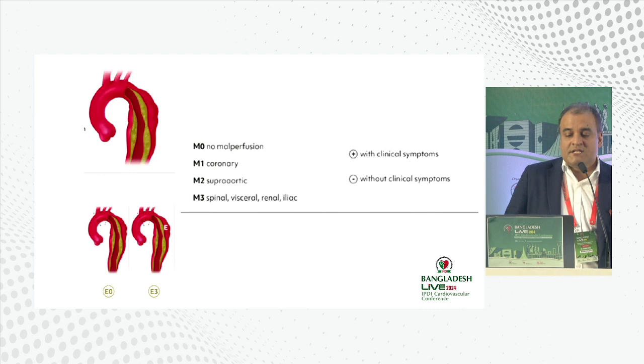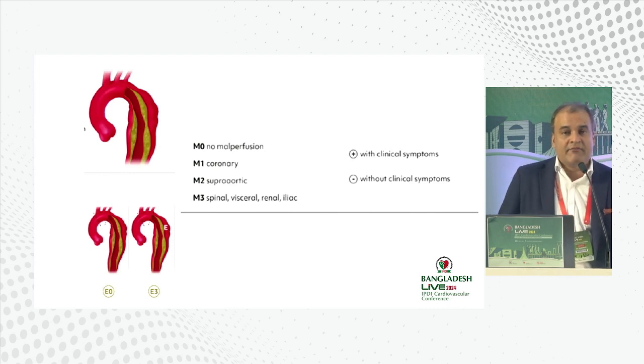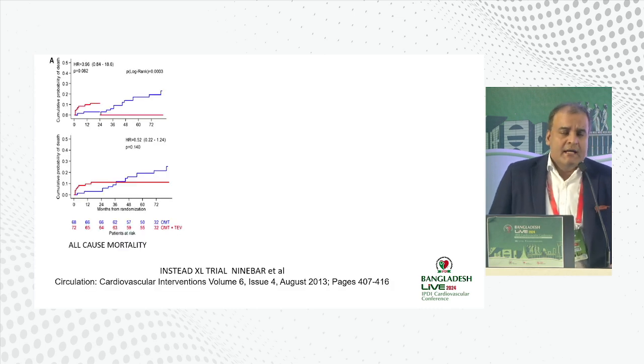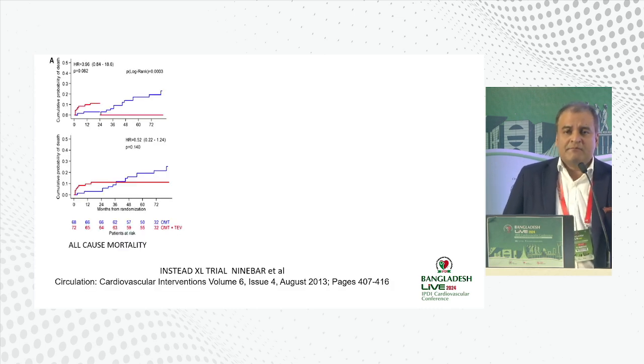So by definition, a type B dissection would have either no entry tear, which we don't know, or unknown tear, or a descending aortic entry tear, along with M3, which will be spinal, visceral, renal, or iliac malperfusion. Now, before I go into the concepts of management, I think this is really important for everyone to know about